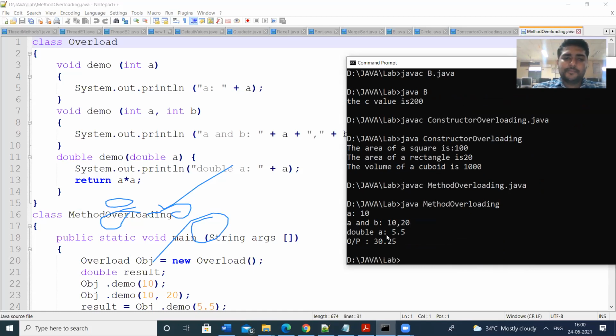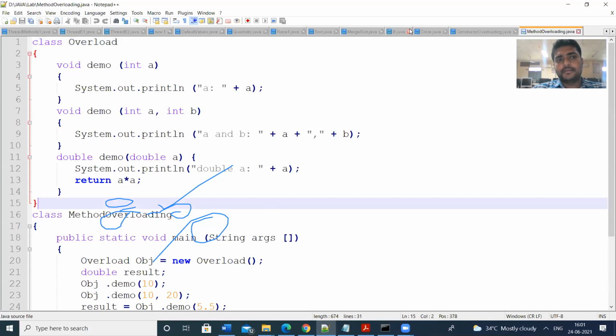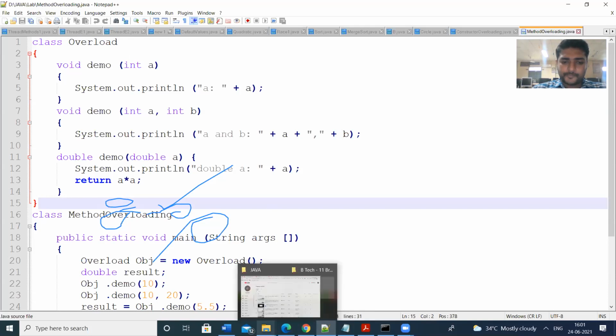In the third one, the a value is printed as well as the output, 30.25. 5.5 into 5.5 is 30.25. So this is method overloading. The method name is the same, but the parameter list and signature are different. So these types of things are called method overloading.